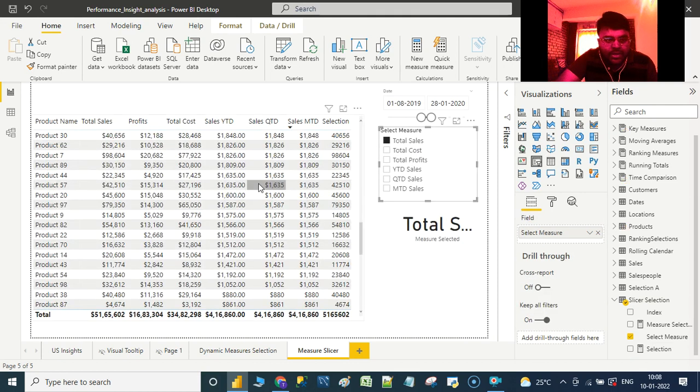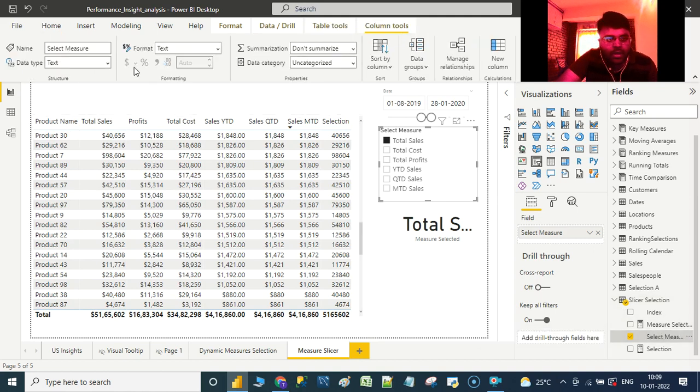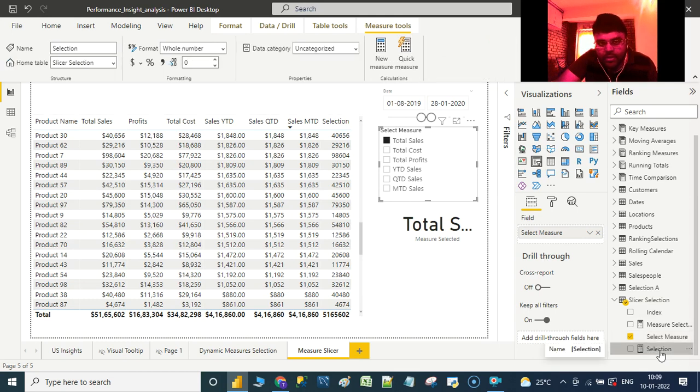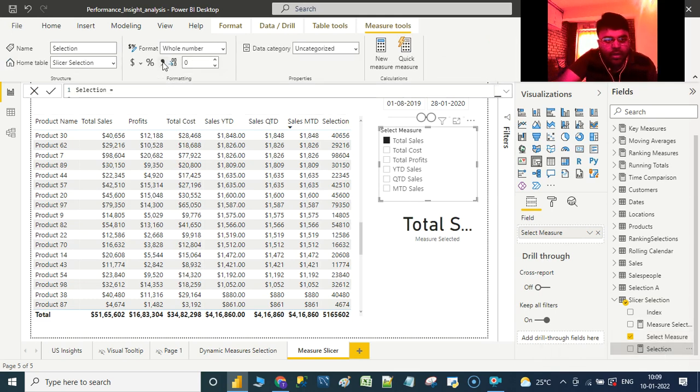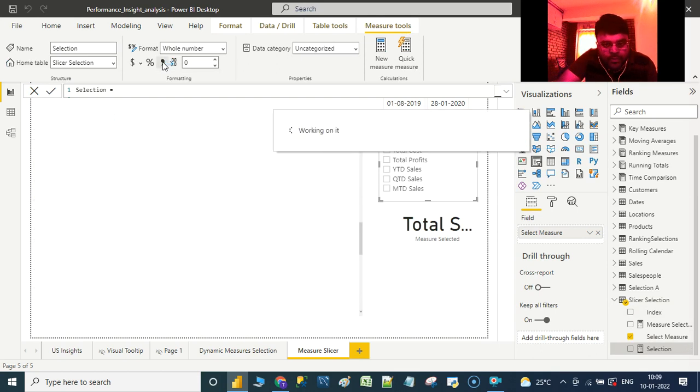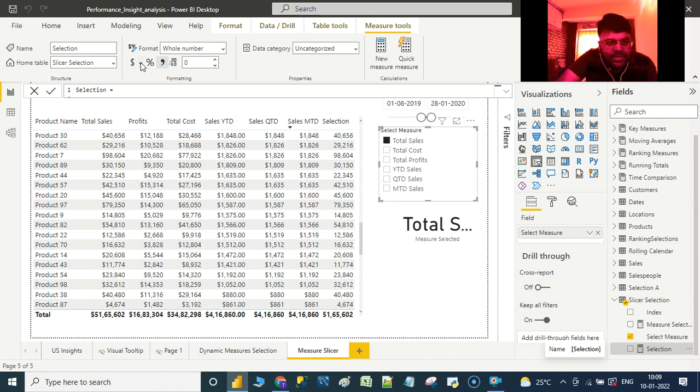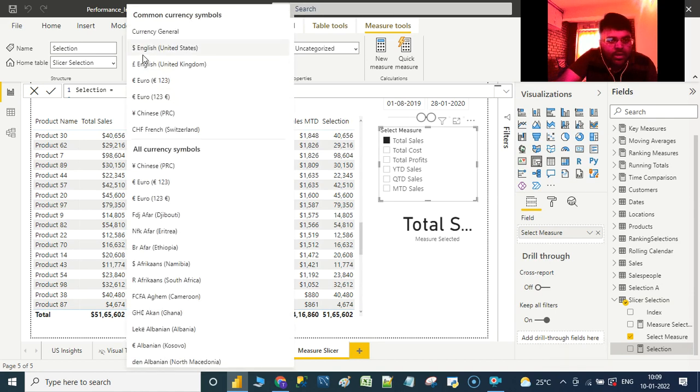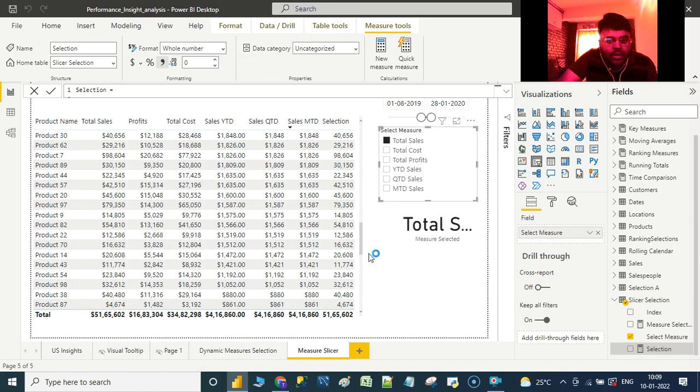If we are clicking on total sales, make a comparison. Total sales is 40,656. Sales is 40,656. Let us put a comma there. Let us format the measure. Let us also make this as dollars, since we have the result in dollars.